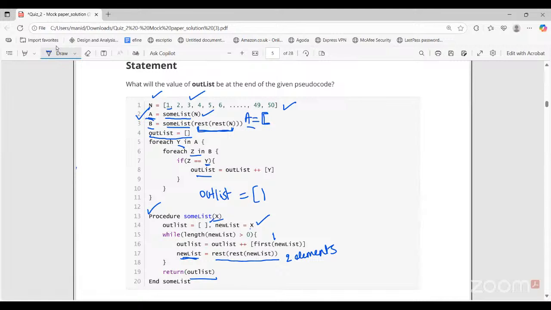So 1 and 2 are removed. The next element to be added is 3. Then 3 and 4 will be removed, and we'll be adding 5. 5 and 6 will be removed, and we'll be adding 7. So all odd elements will be added in this. So when you return that value to A, the list contains all odd numbers